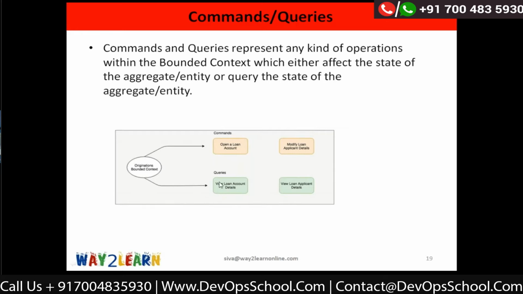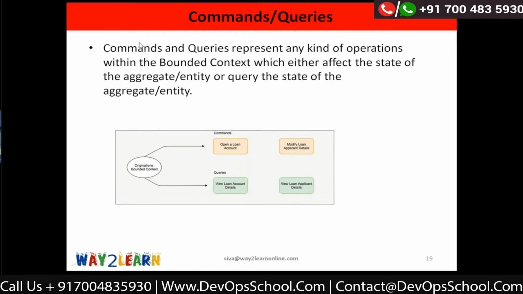And take an example: I want to view loan account details. This is a query. We want to fire a query, retrieve the details and show them. So any such request which will result in querying the state of an aggregate, we call it a query. View loan applicant details is also a query operation.